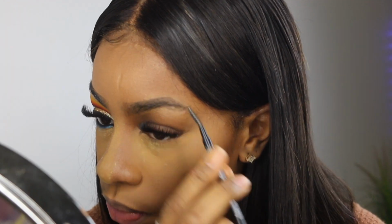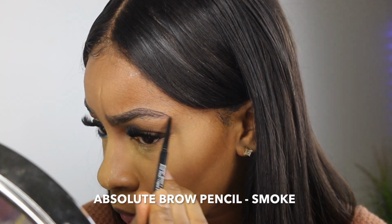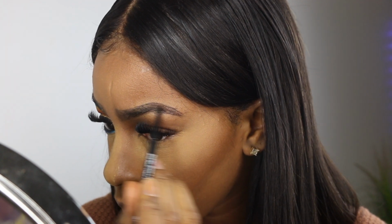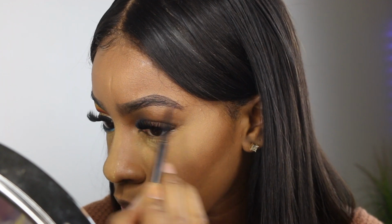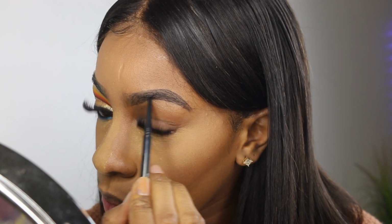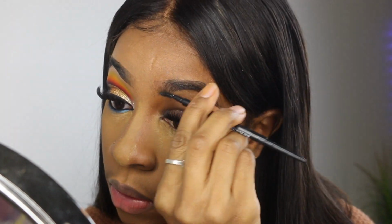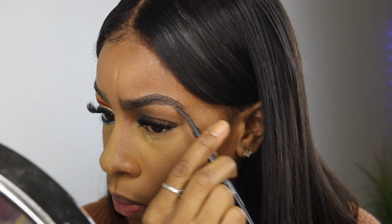The brow pencil that I'm using is the Absolute Brow Pencil in the color Smoke, which is almost kind of like a black color. So I'm just holding the pencil with very little pressure so I don't get a super dark outcome for my brows, and I'm just lightly shading in my sparse areas, which is the top of my brows, mainly the tail and a little bit of the front, and using my spoolie to brush that product